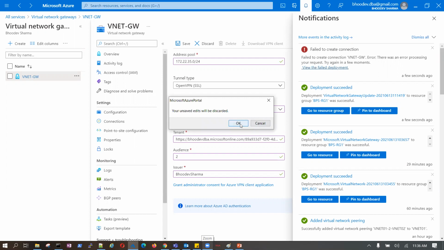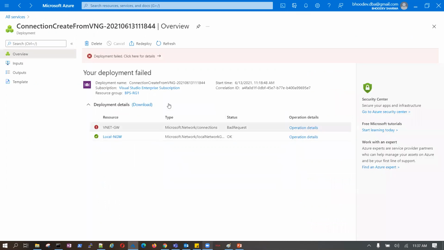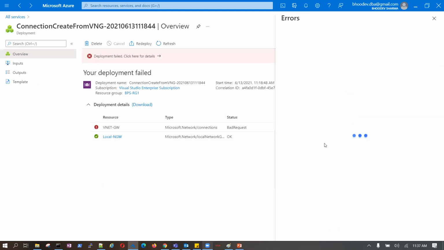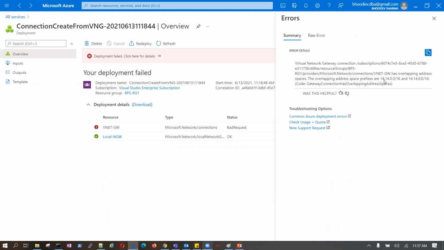Okay, anyway, I have to discard it, reason being this particular provider was overlapping an address space. The overlapping address space prefixes are the same.